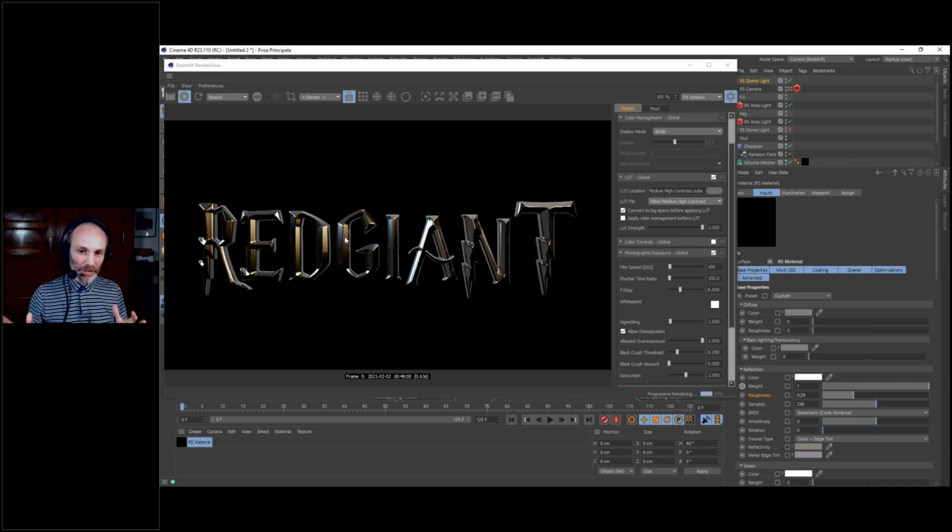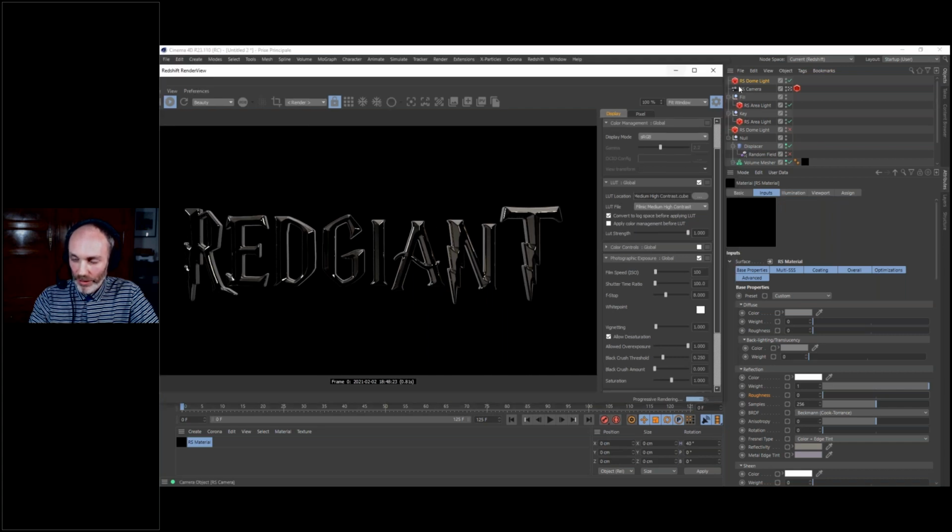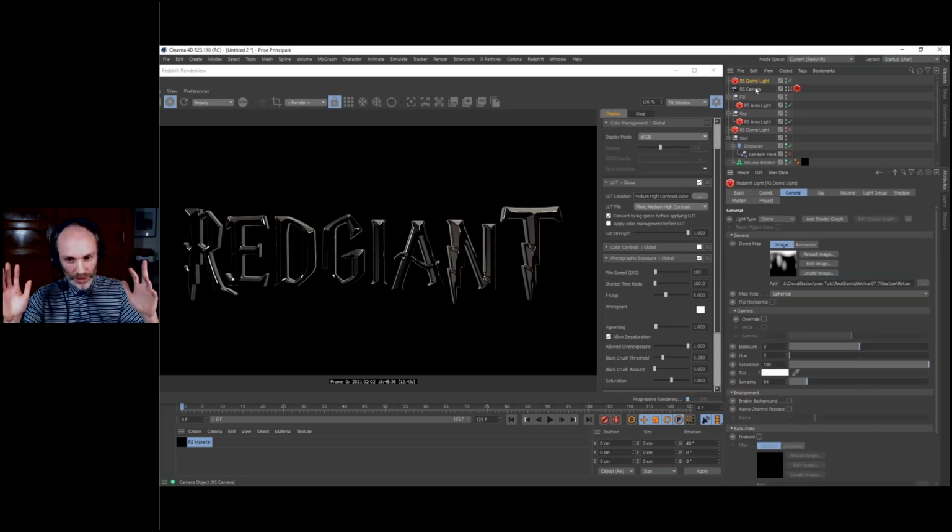But because I'm using some area lights, and a dome light which has some very subtle tone, we don't see that much. But if I go to zero roughness, which will be just a mirror reflection, we can see it's starting to show a lot of black because our environment here, our dome light, is mostly black. And our lights are just some spots in the space, so they're not able to light everything. That's why we have some black parts here.